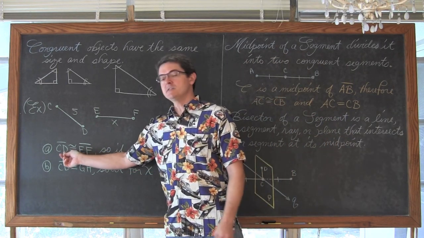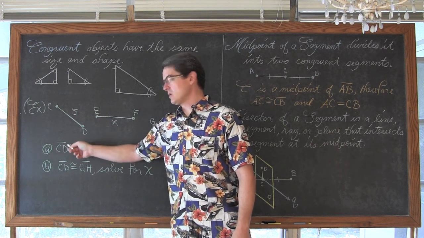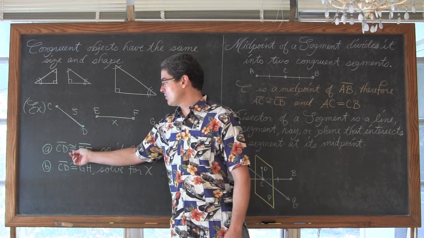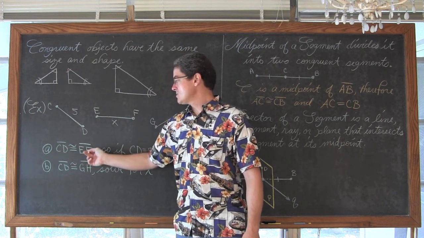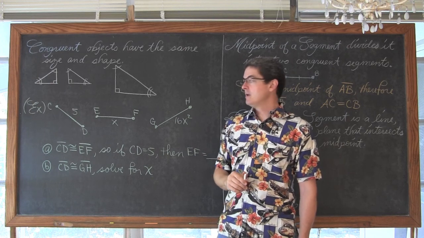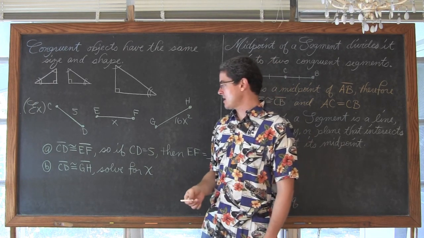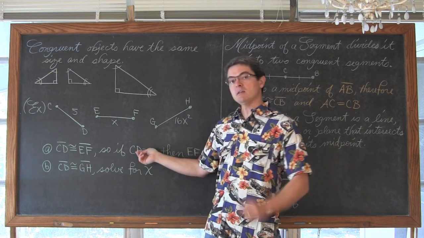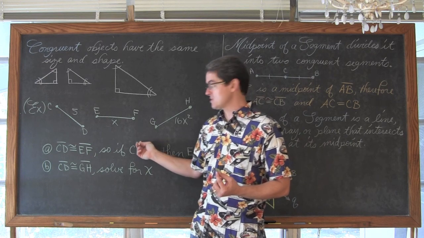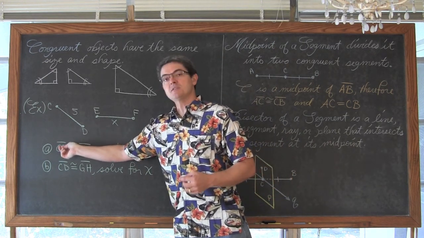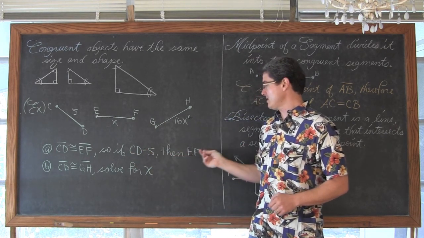So we have segment CD is congruent. That's an equal sign with a little squiggle on top. That is the symbol for congruent. Okay, so segment CD is congruent to segment EF. Now, it is a segment, so they're both the same shape and they are the same size. So if the measure of CD, the length of CD, no line on the top, so it's not segment CD, but the length of CD, again, is 5, then the length of EF.